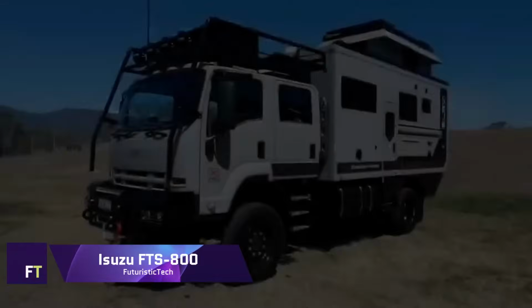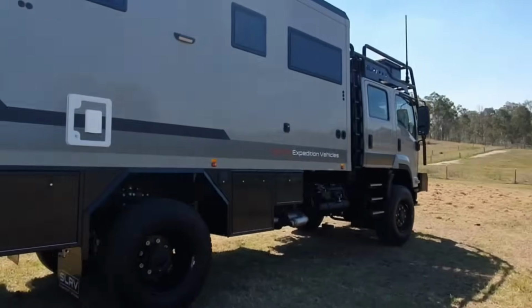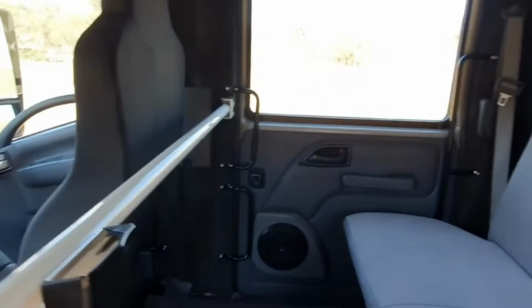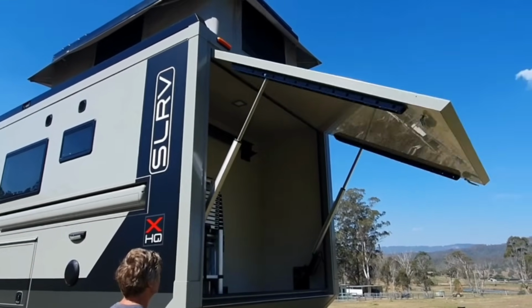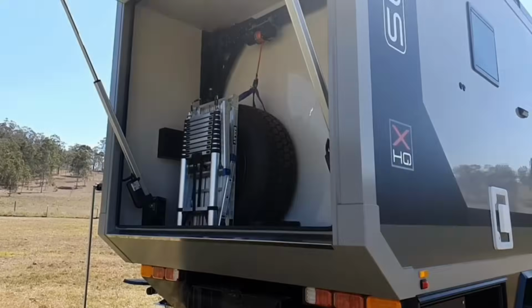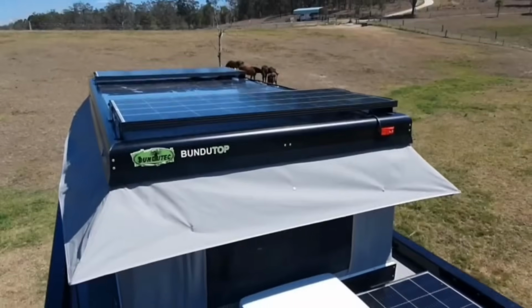Isuzu FTS 800. Isuzu FTS 800 4x4 trucks are tough and capable off-road, and the SLRV FTS 800 is built on them. The sumptuous 5.5 meter body may be customized with an electric lift-up bed, a big club area, a galley kitchen, a separate ensuite, and a Super King electric rooftop tent with internal access for more guests or youngsters. The SLRV FTS 800 has solar panels, batteries, water tanks, diesel heater, entertainment systems, satellite TV, mobile internet, and more